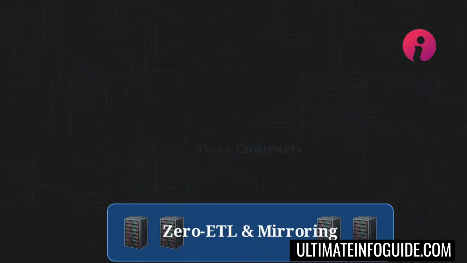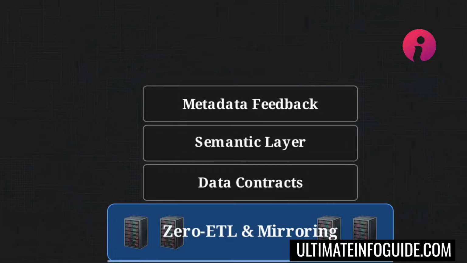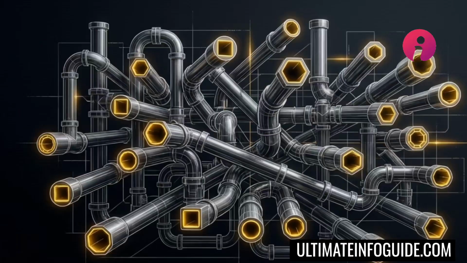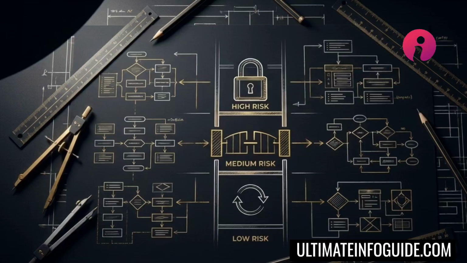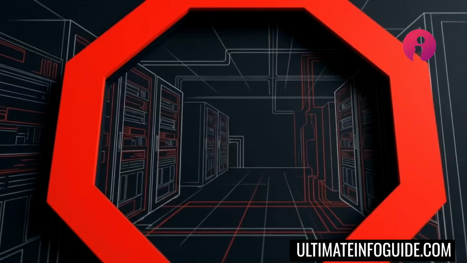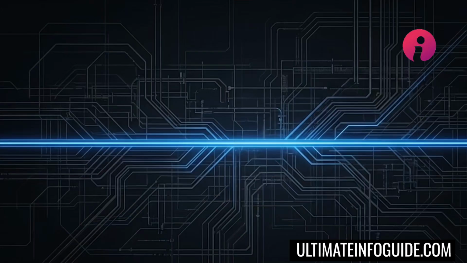To support this architecture, you need the right platform foundation, specifically zero ETL and data mirroring. Replicating operational data directly into your lakehouse eliminates custom extraction plumbing. That frees up your engineering time to actually build the reliability logic and risk tiers. If your current stack is entirely batch, Airflow, and dbt, do not attempt to agentify the legacy system all at once. Your starting point is exact.